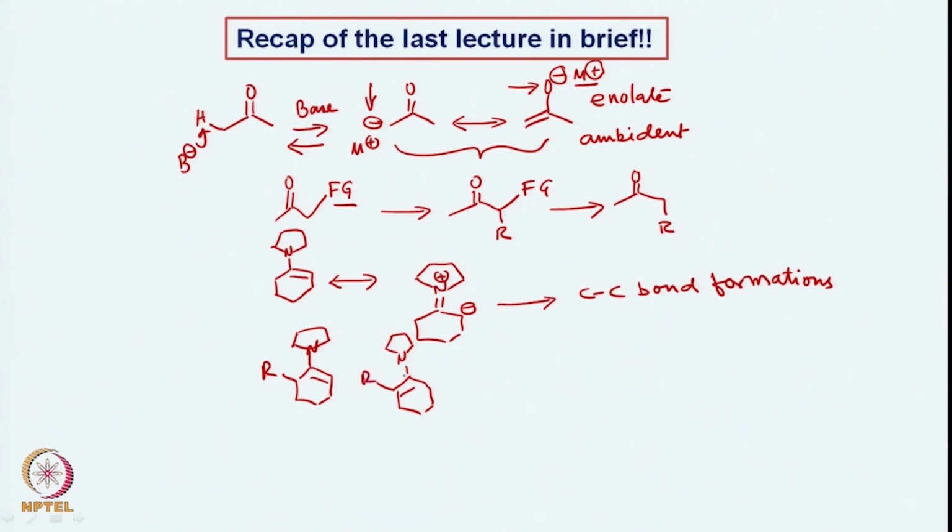So it is not easy to generate these enamines, and these are the enamines that are formed from, say for example you have a ketone which is of unsymmetrical type. So these were the problems, but at the same time we also saw how the enamines can be allowed to react and form various natural products or complicated molecules in an easy fashion. So these problems of enamines or the problems of enolate chemistry can be to some extent avoided if we go